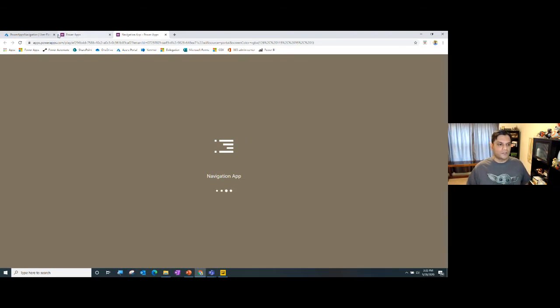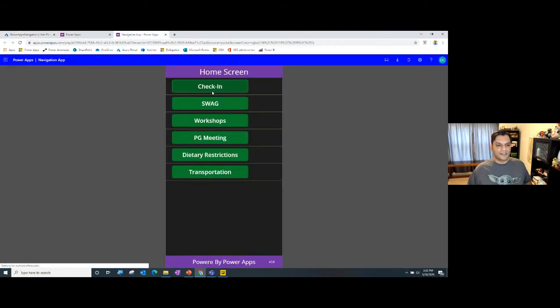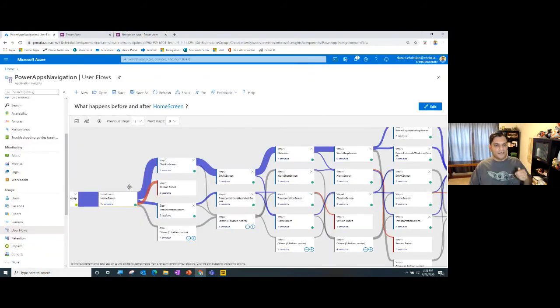So that's the same information that is being provided in this graph: once the person is on the home screen, most of the traffic is going to the initial check-in screen. And that's what I also did over here. So it's telling me that that's basically how the flow was working. Now, how that can help you as an enterprise-level person or the app builder is that, hey, this is the major flow of how the traffic is going inside that app based on the screen.